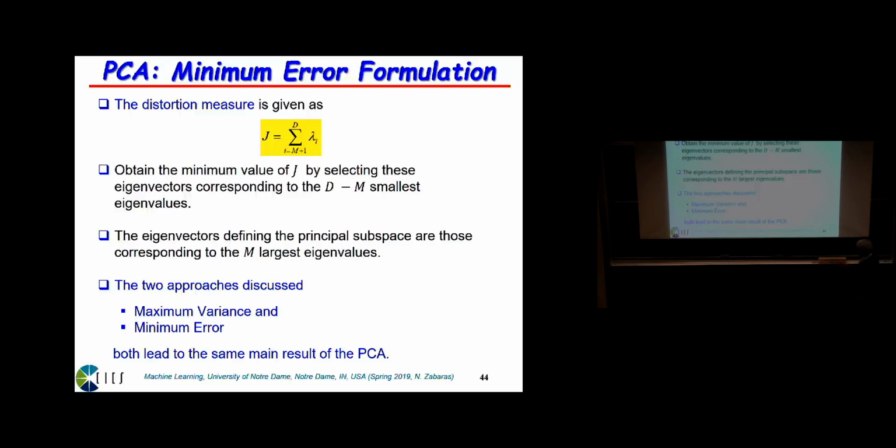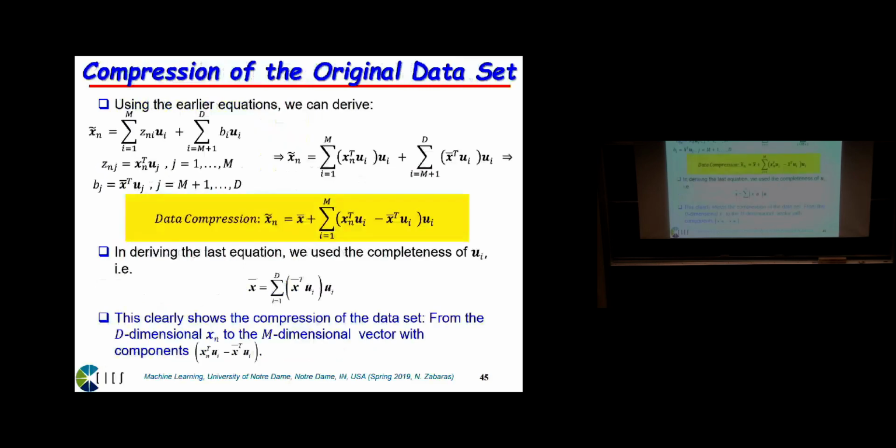So conclusion, historically, 2 different formulations, none of them probabilistic, right? The maximum variance and the minimum error, and they both lead to the same algorithm, that is the principal component analysis algorithm. Okay,